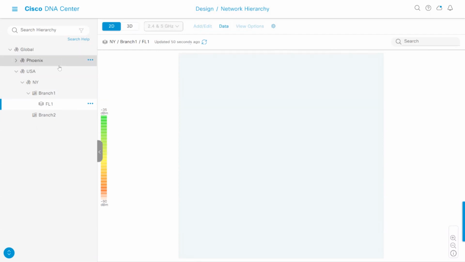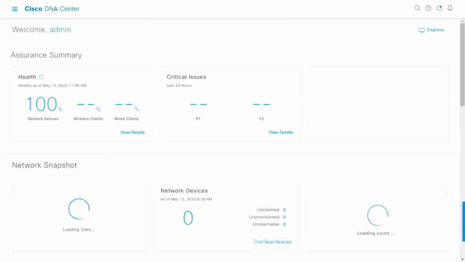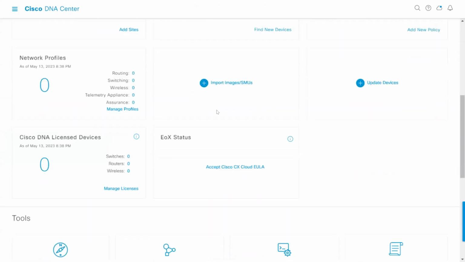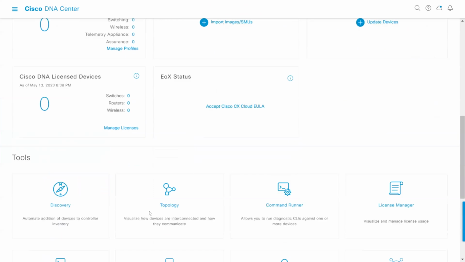Now, the next thing here is to discover the devices and assign them to these branches. So let's do one thing. Let's discover router 1 to 4 and assign to branch 1, router 5 to 8 assign to branch 2. So let's go there. You have multiple options. You can go to the DNA dashboard here, and if you scroll down, you will find somewhere that you have discovery,